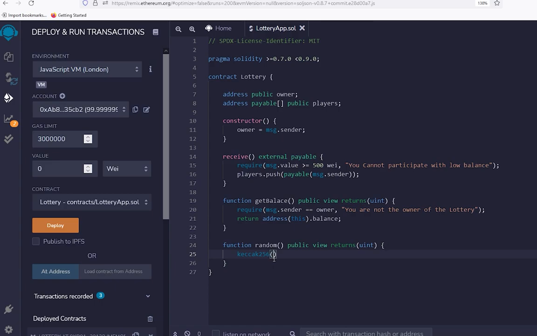And then we have to do abi.encodePacked. And if you don't know about this, you have to do a little bit of searching. It doesn't take any fees from you. You have to search, it's not that hard. You can learn it easily. And inside abi.encodePacked we will do